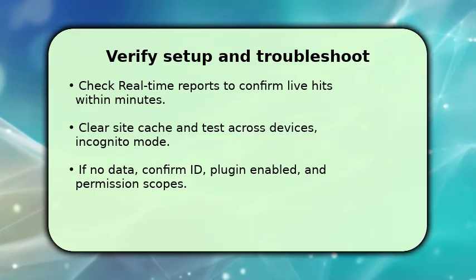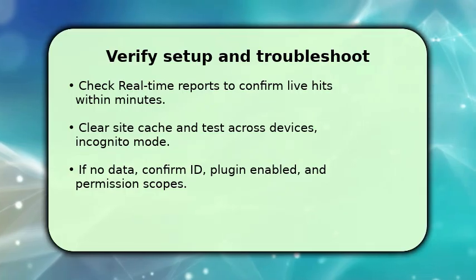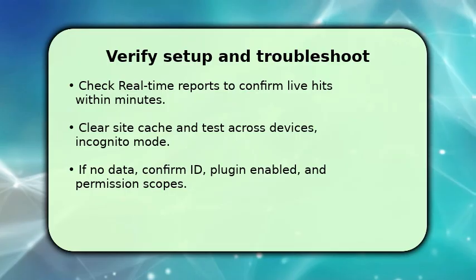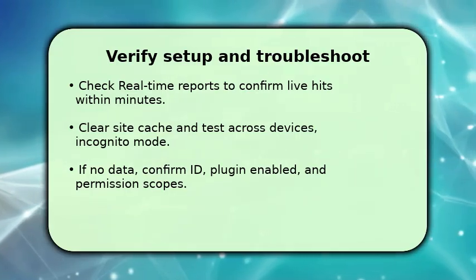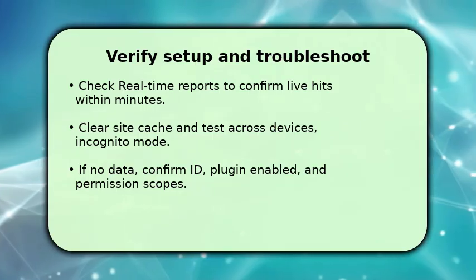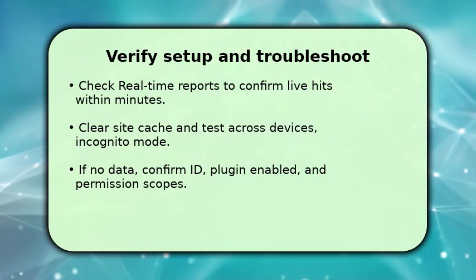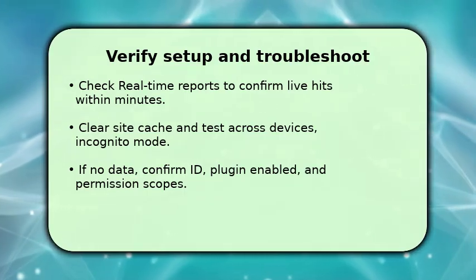Make sure to clear any WordPress caching or CDN caches and test in an incognito window and on a second device. If you don't see data, recheck the measurement ID, ensure the plugin is active, and that SiteKit permissions are granted. One key troubleshooting tip: disable other header plugins or tag managers temporarily to isolate conflicting scripts, then re-enable them